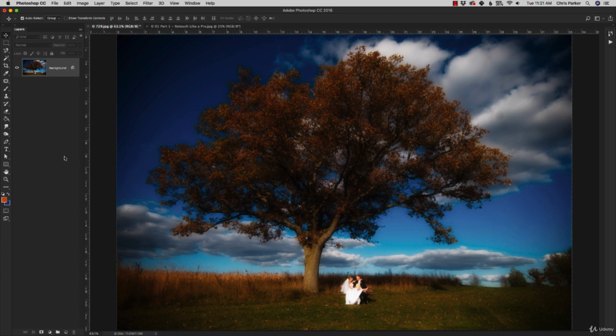Alright, so in this lesson we're just going to go over the basics of our retouching tools, and we have two main types of retouching tools. We have a clone stamp and we have a healing brush tool that has some additional tools within it. So go ahead and grab an image or two and we'll take a look at how to